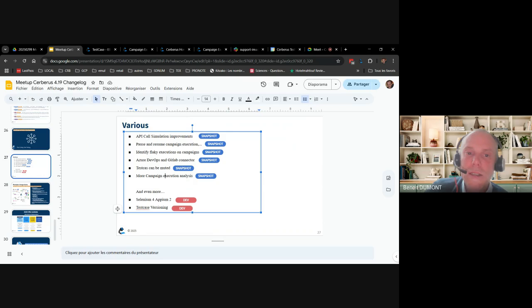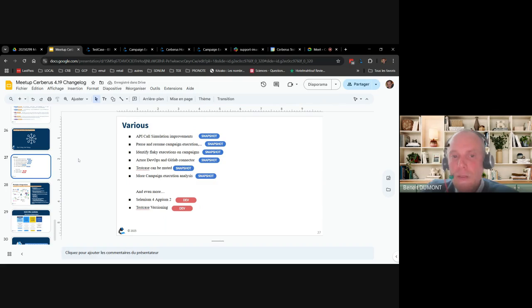Test cases will be able to be muted on the next version, meaning that it will not perform any notification. So if the test fails, it will not report any error. It will just execute in a muted mode without any complaint, but still execute.